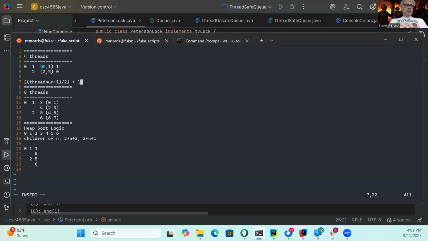So 0 gives me 1. 1 over 2 is 0. Plus 1 is 1. Hello. No, I think the +1 is wrong. Okay, so for 0 and 1, this gives me 0, and then I add 1 and I get there. And for 2 and 3, this gives me 1, and that takes me to 2, right?